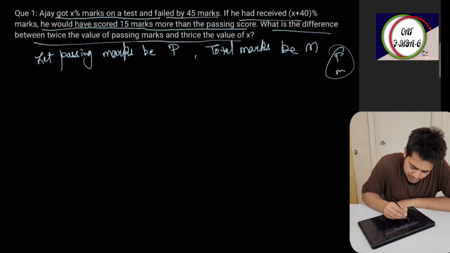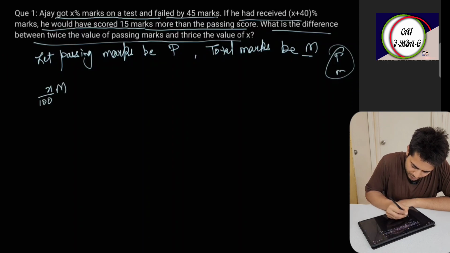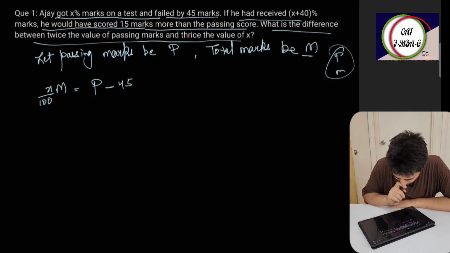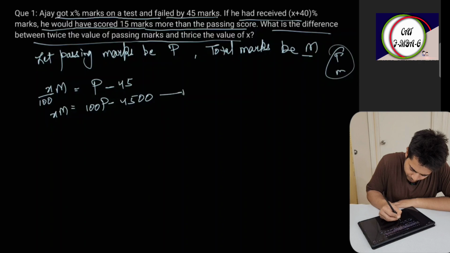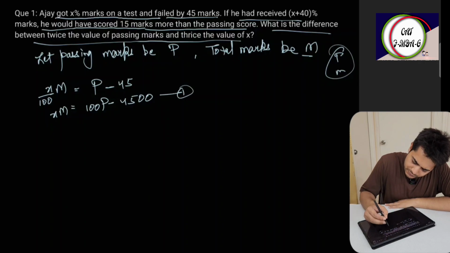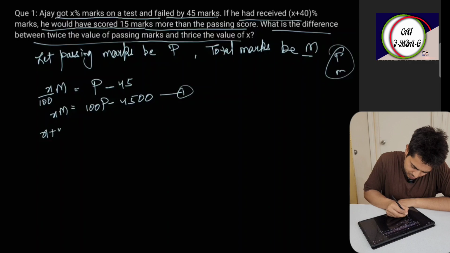Okay, if he got X% marks, so X% of M, so X by 100 of M. He failed by 45 marks, so this is P minus 45, 45 less than the passing marks. So you can write it as XM is equal to 100P minus 4500. Other thing is, if he had received X plus 40% marks, so X plus 40 divided by 100 of M,